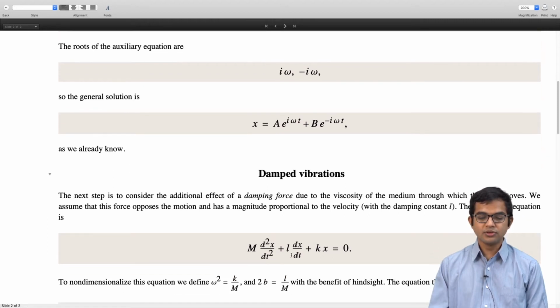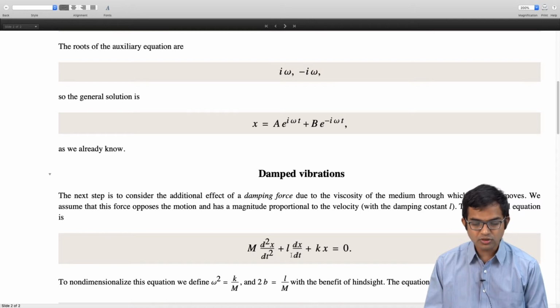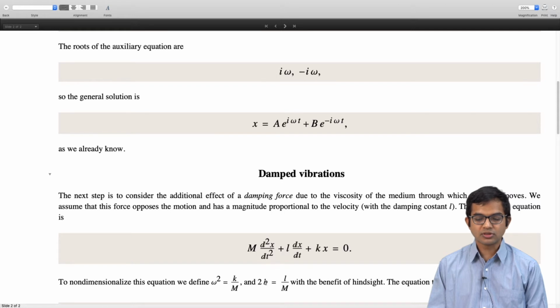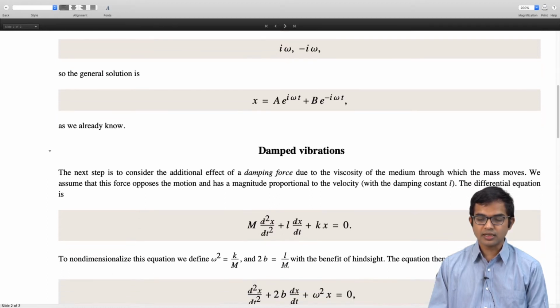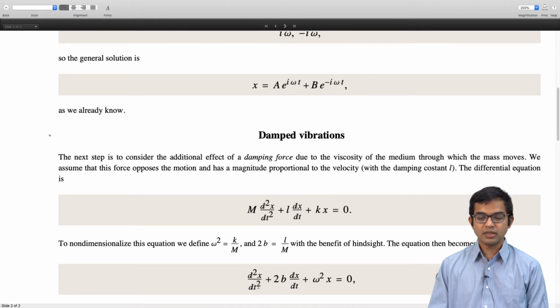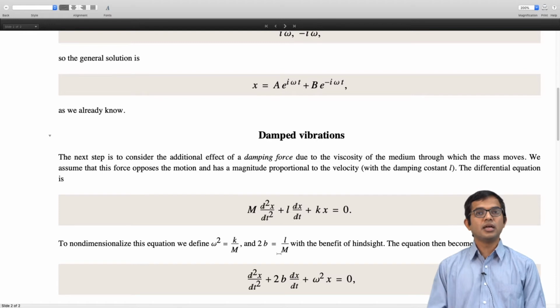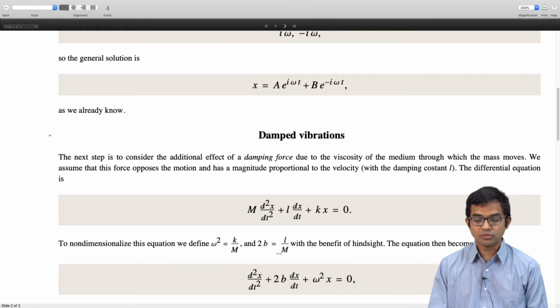Now it's useful to introduce these quantities omega squared and 2b, right? So it's convenient to think of this as 2b, for convenience as well as convention. So let's just use 2b is equal to L over m, right? So we can pull out this m throughout, and then we can rewrite this differential equation as d squared x by dt squared plus 2b dx by dt plus omega squared x equal to 0. So now once again it's a differential equation of a familiar type, right? We have worked out the solution for more difficult problems than this.